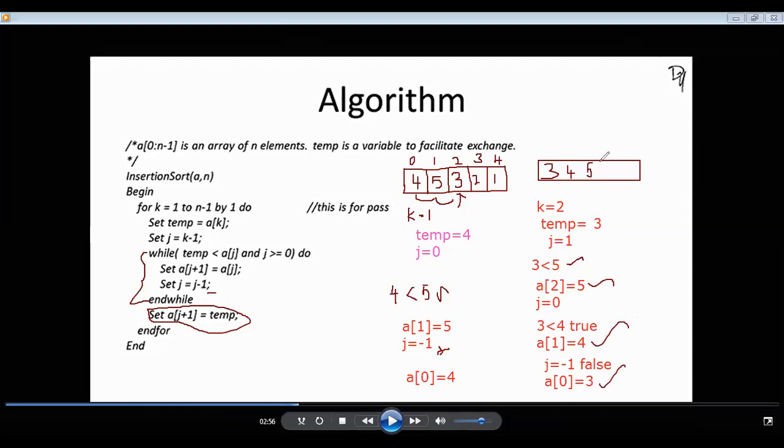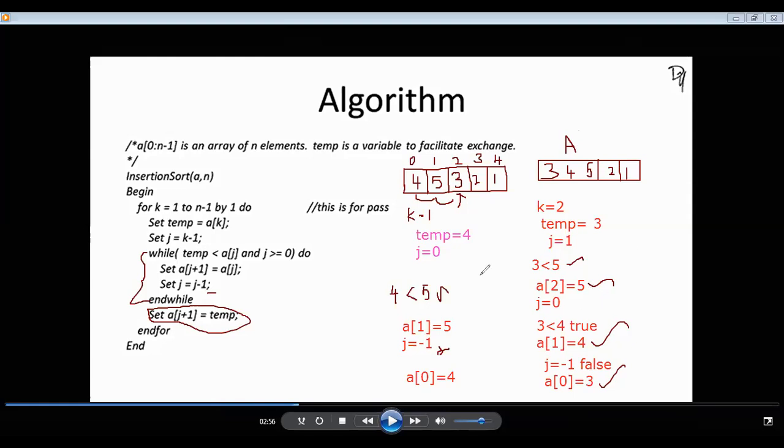So these 3 are now arranged in ascending order. Next elements, 2 and 1, again it will happen. We will start the same procedure.